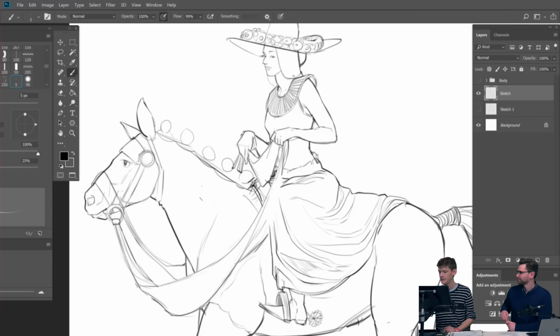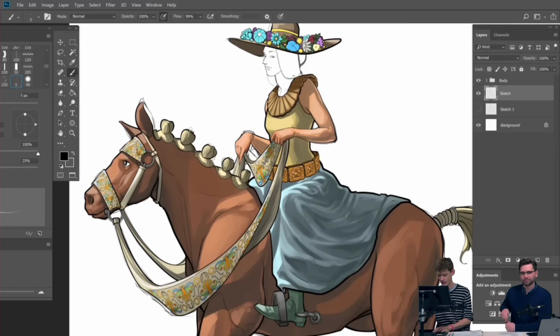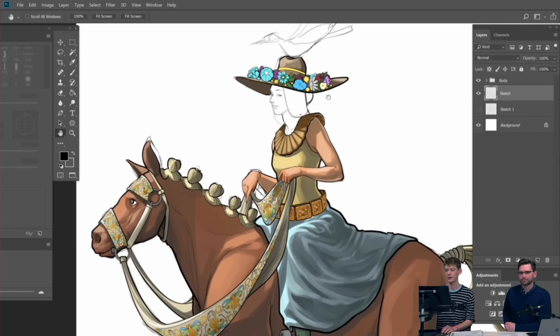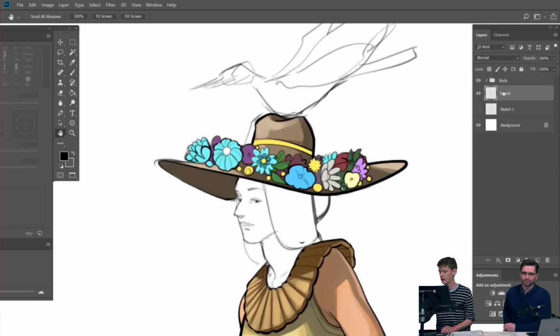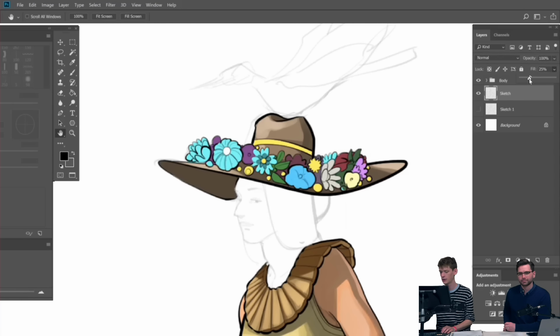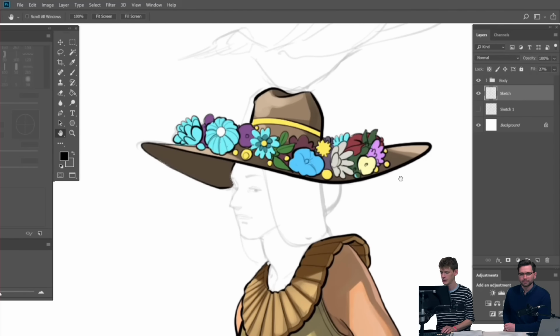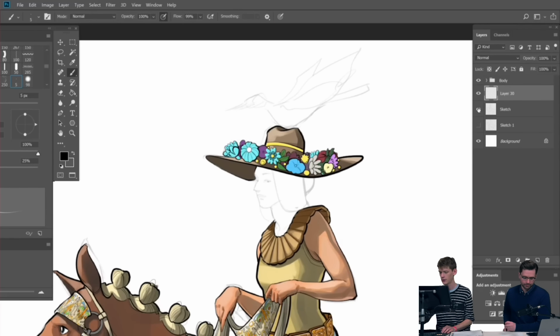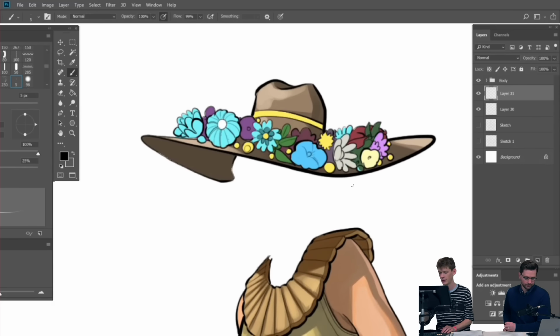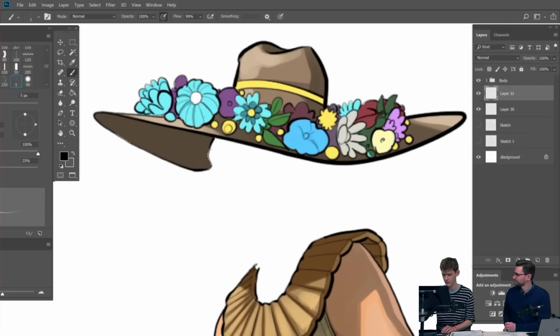So the bulk of it I've done to save time, but I thought I'd just show you my process working on the face, the hair, and maybe that little bird on top. So let's keep going. I've got my sketch layer here. I'm going to drop that down to, I don't know, 25% opacity. Now make a new layer, and I'm going to start drawing on top. Actually, because there was the desire for a Jackie Winter staff member, maybe I will try and quickly sketch out someone from work to add into this character instead.